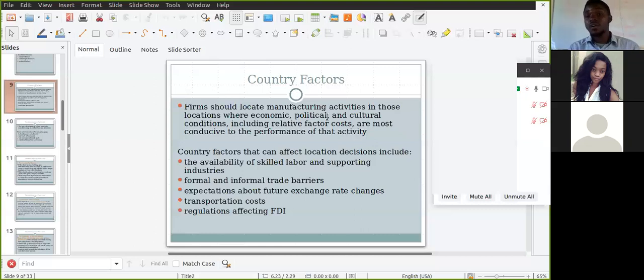Transportation costs. When you set up yourself as a firm, how far are you going to be from your target market? If you are very far from your target market, you're going to experience a lot of costs because you need to transfer the products from one location to where your target market is, which can be very costly at the end of the day. And for you to minimize that, you need to make sure that the setup of your industry or your firm, or where you'll be running your business from, is closer to your target market.